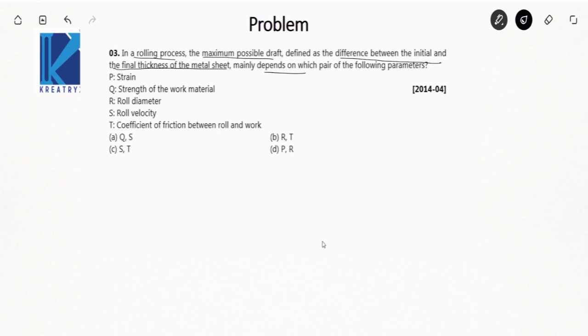So we know that delta h maximum is denoted by a formula which equals mu times r in rolling, where mu is the coefficient of friction and r is